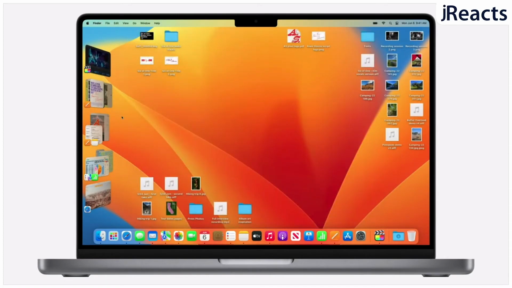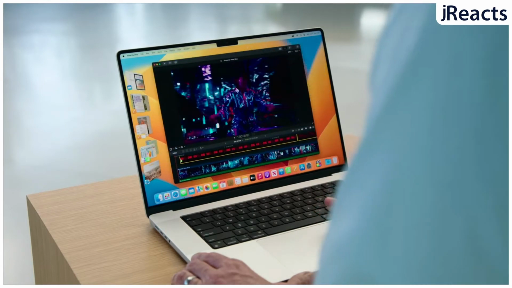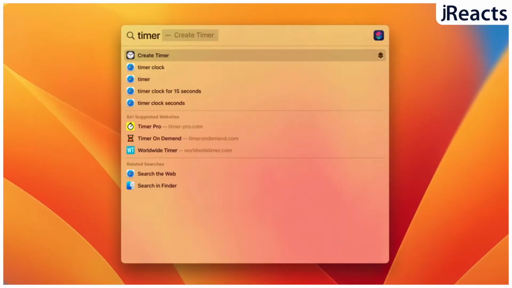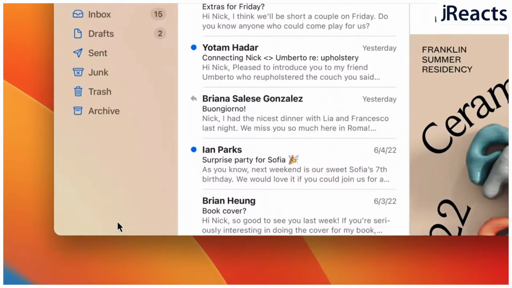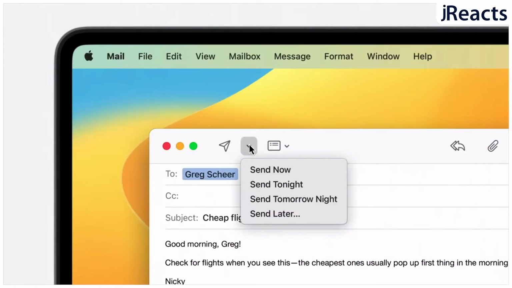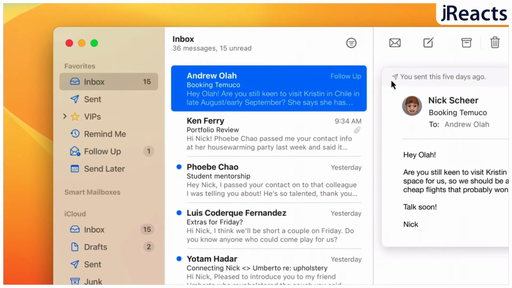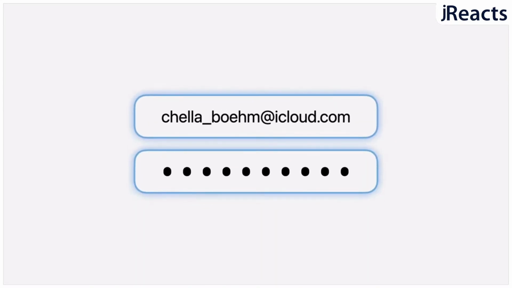You can even get to the desktop, grab a file, click and drag, hover over the section, it'll open up, and then you can drop it right into your project, which is great. Got new stuff with Spotlight. The main thing that I liked is we're going to get a timer on the Mac, which I've always wanted. Got some cool stuff with Mail. You can actually undo a send, which is great. You can schedule emails to send, and then when you go into the messages, you can also have a new feature where you can remind yourself later to respond to the email. And then we got some cool stuff that Apple's doing with passwords.